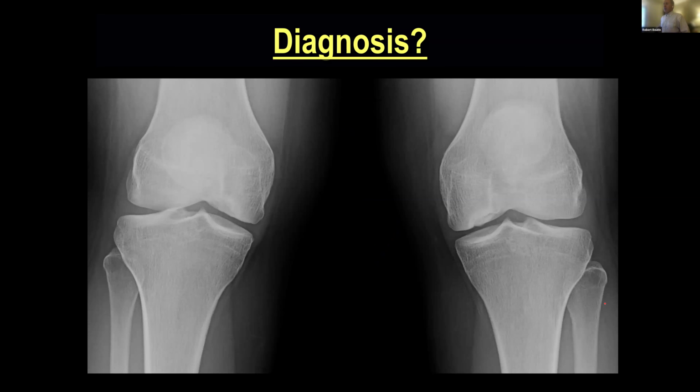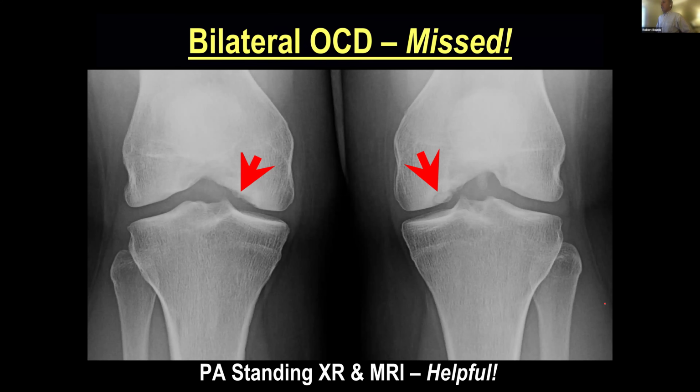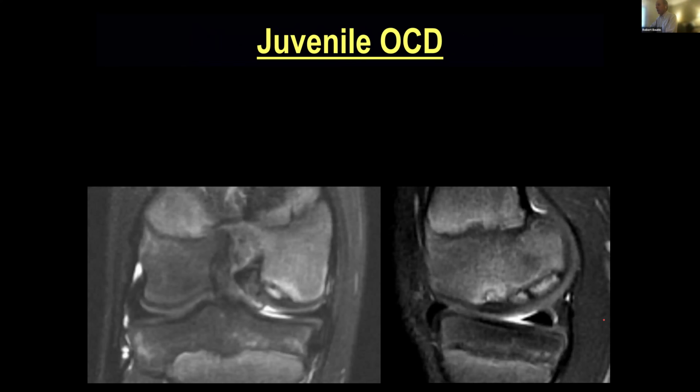Okay, well, we're getting towards the end. Hang in there. Here, another young patient with a history of playing soccer, bilateral knee pain, left greater than right. And in this patient, again, missed initially on the radiographs, was this bilateral osteochondral lesion, specifically osteochondritis dissecans, made much more conspicuous on the PA standing view than just the regular AP view. And often these patients go on to MR.